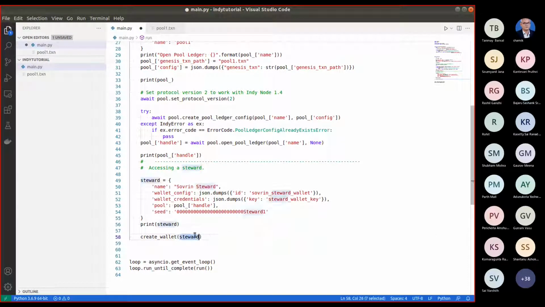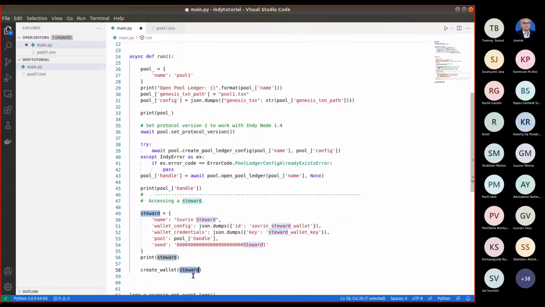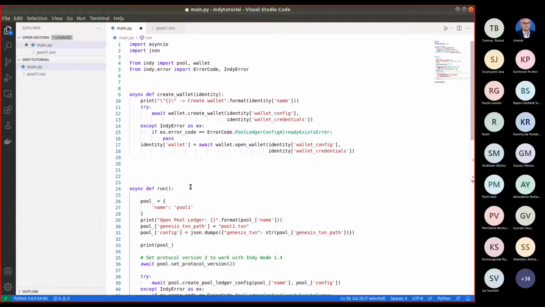At this point, we have an empty wallet. Where is the wallet stored? The wallet is stored in steward, so steward is being passed here. This identity variable is the steward dictionary, and inside that a key wallet is created, and inside this key wallet, this opened wallet variable is assigned.